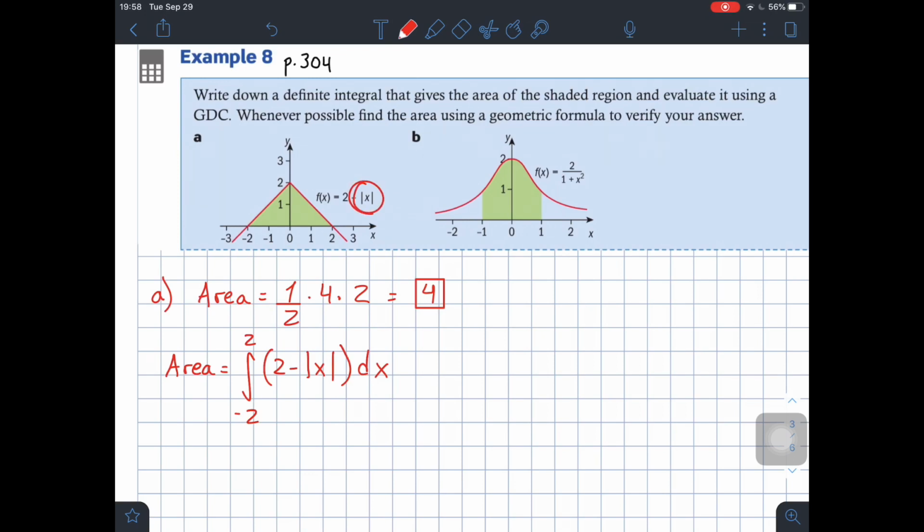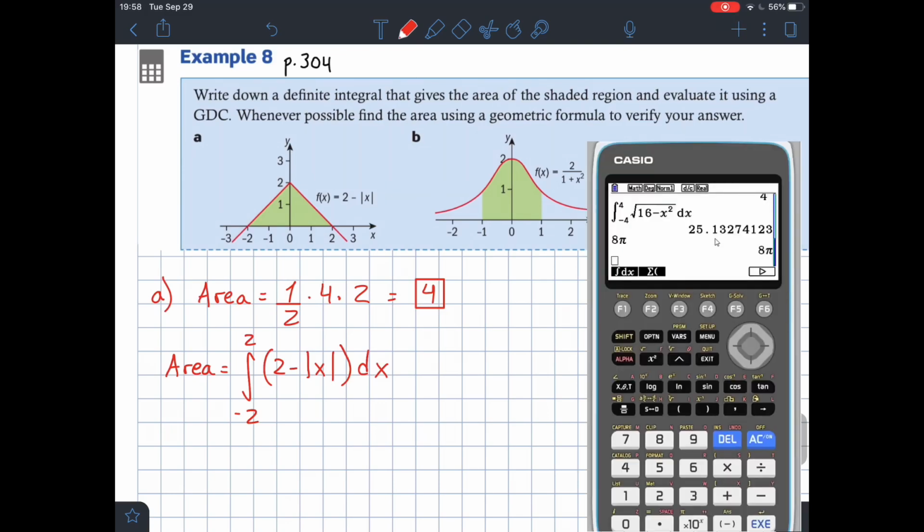You see that the shape of the function in this case is straight, like this and like this, right? And that is caused because of the absolute value function. So if we plug this into a calculator, once again, we're going to click on integral, and we want to integrate the function 2 minus,